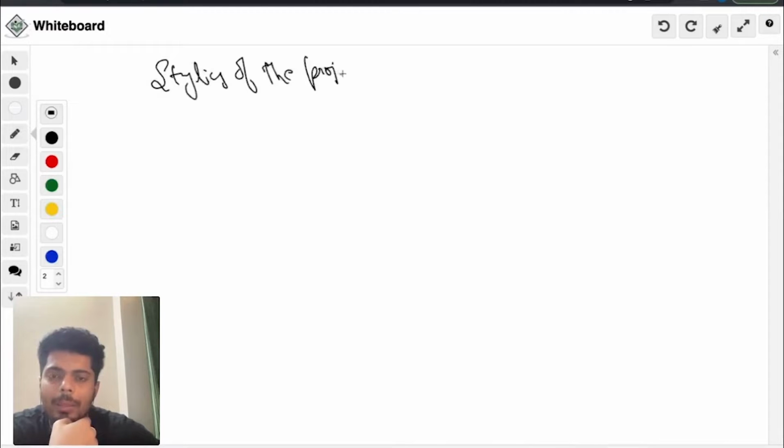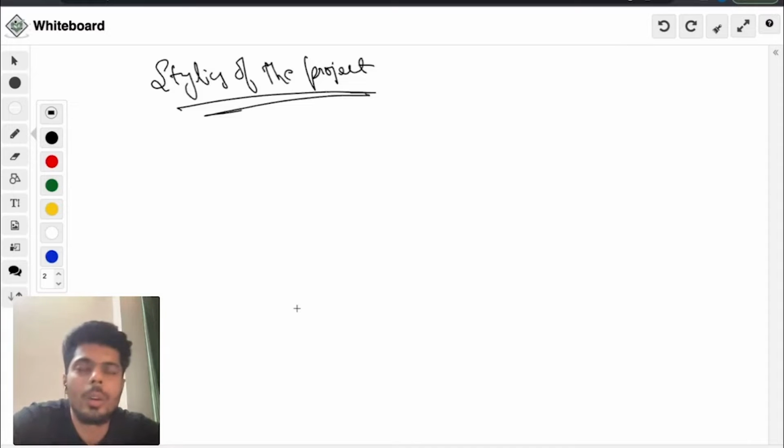In this section we were just concerned about how the project looks and what all functionalities we're going to bring into our project to make it good, to make it worth using, to make it attractive, and to make it look like a complete minor project. This was the motive of this session, and I hope you got an exposure of how the project is going to look.